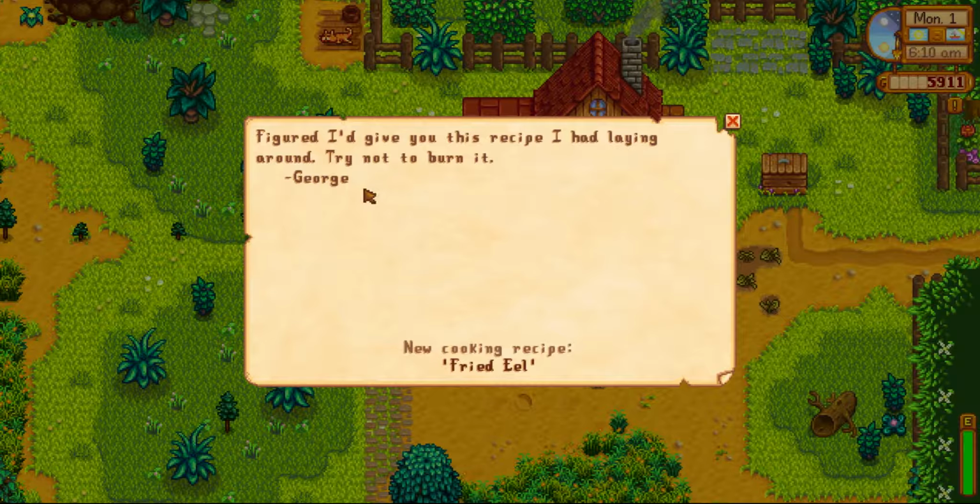Hey kid, here's a recipe for a little treat my pappy used to make. Cook it slow. Cheese cauliflower. That's from Pam. Figured I'd give you this recipe I had lying around. Try not to burn it. George. Fried eel,